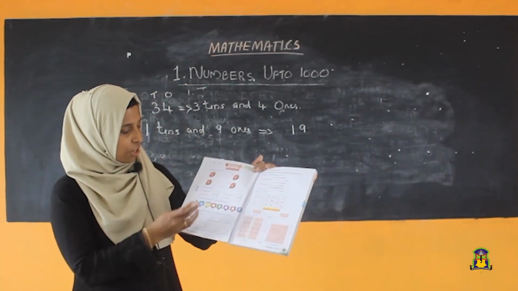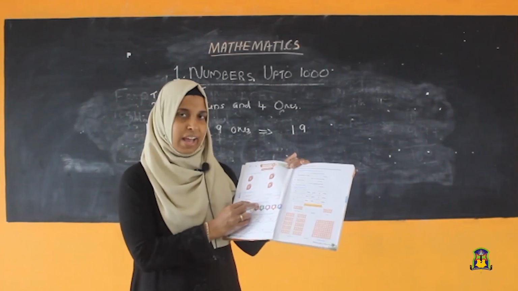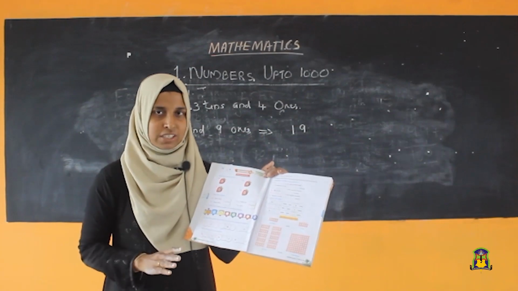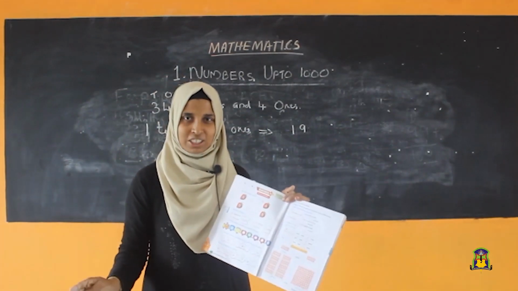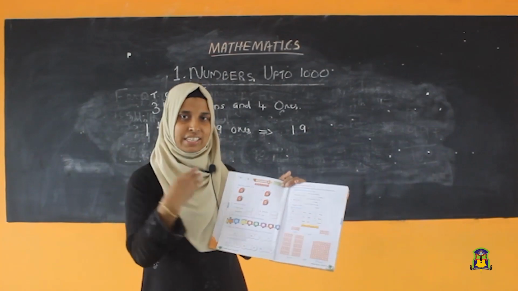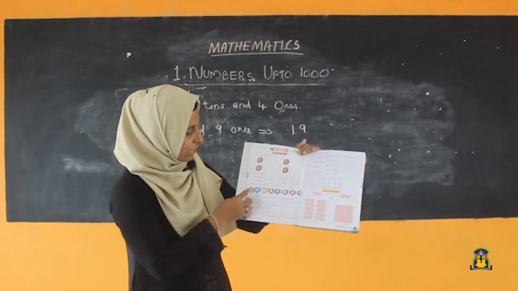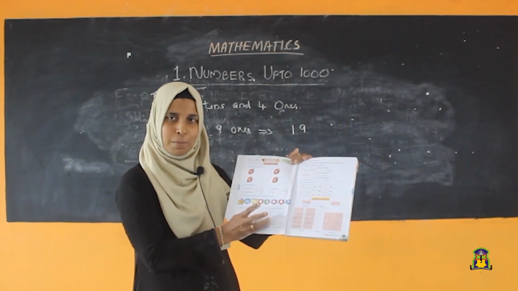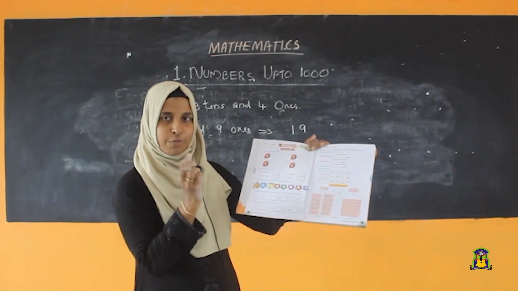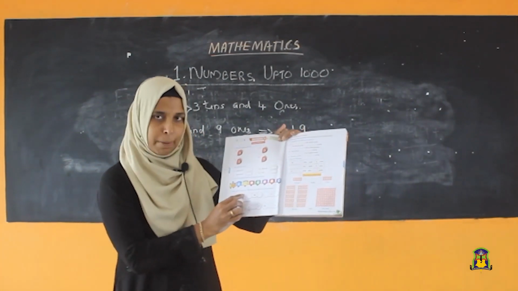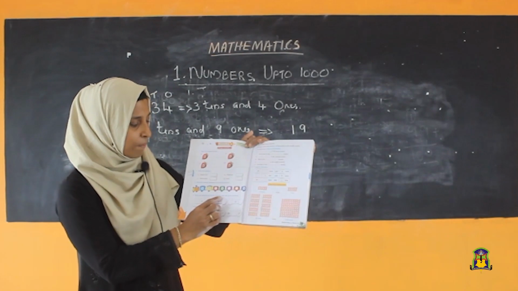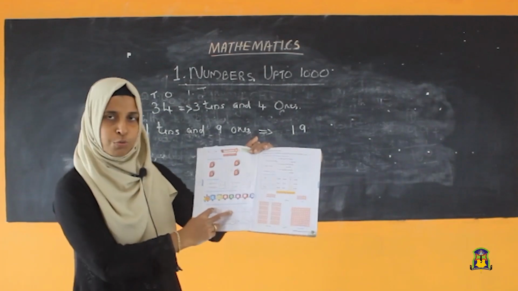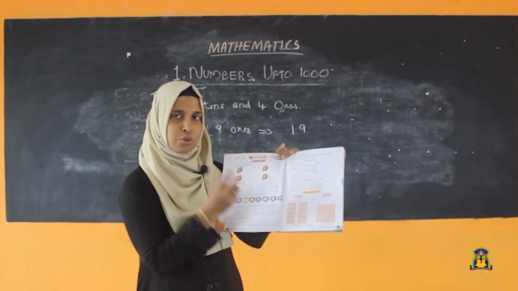Okay. Next, fill in the missing numbers by counting forward. We have learned forward counting, that is from smaller to bigger in the increasing order. Some boxes are missing here. You want to complete it. It's very simple now. Then, next one, fourth one here. Write the numbers just before and just after the given number. Here also, I have done 2 for you. Last one you have to do by yourself.